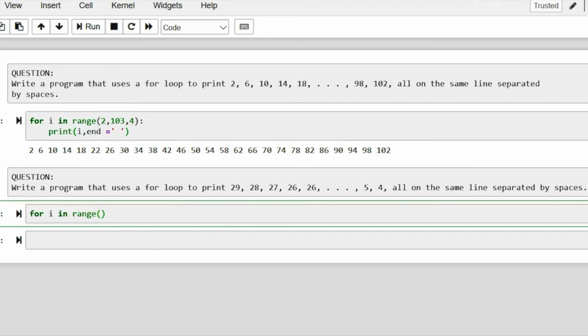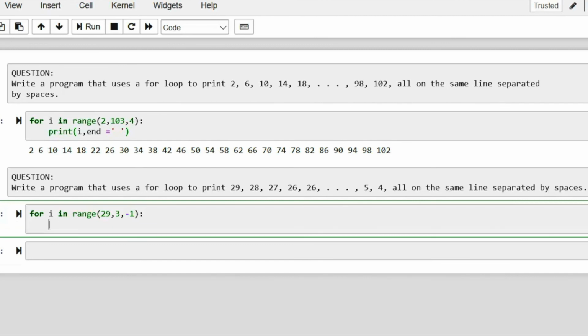So what we can do is, the starting point is always inclusive, but the ending point is not inclusive. It says it's ending at number 4, so it goes back to 3 because we have to include 4. But this time there is no increase, there is a decrease. That's why we have to add -1. Then print i,